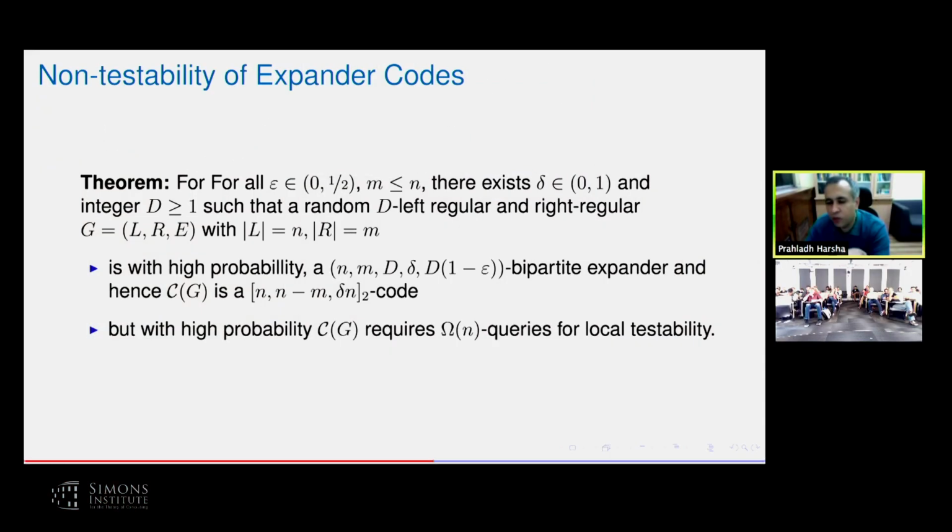Let me tell you this. What's going to happen in the proof is just the following fact. You construct this graph, and you take out any constraint from the right-hand side. Let's go to the